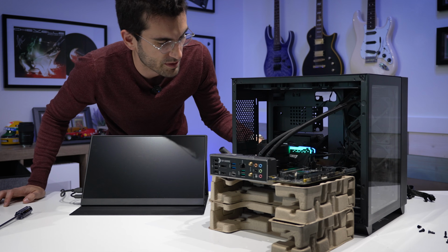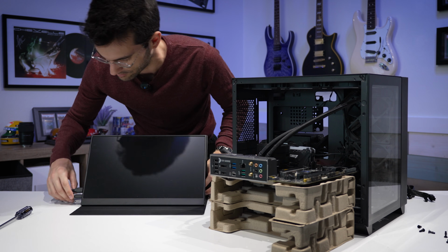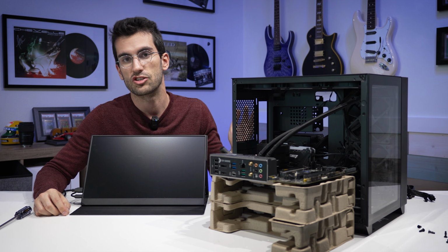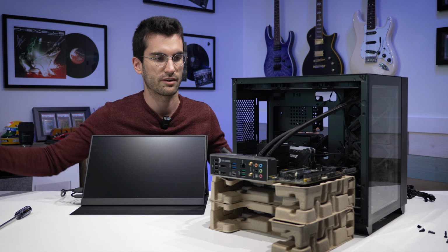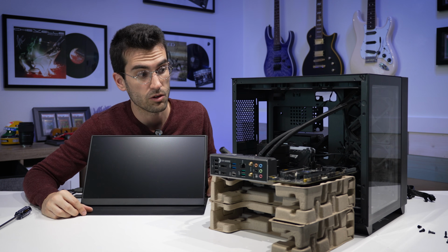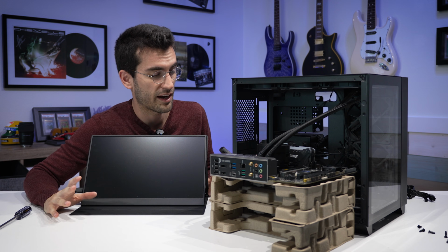I'm gonna go ahead and power this off because we're not gonna get a picture out, obviously. We don't have a discrete card attached, but the light stayed on VGA, which is just saying, hey, we don't have any way to send picture out, nothing's connected, and that's totally normal. I think we've